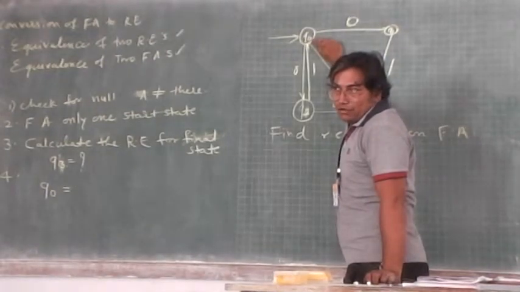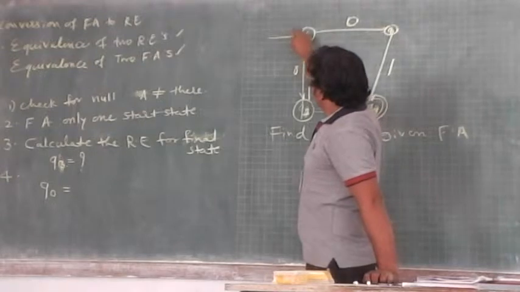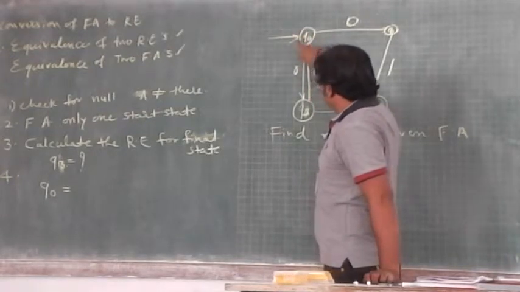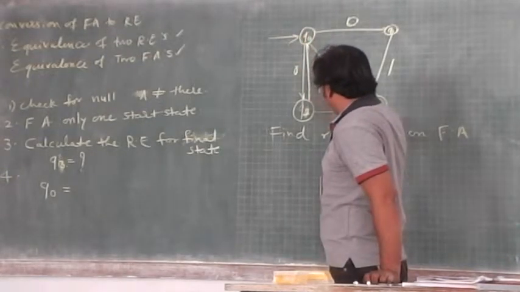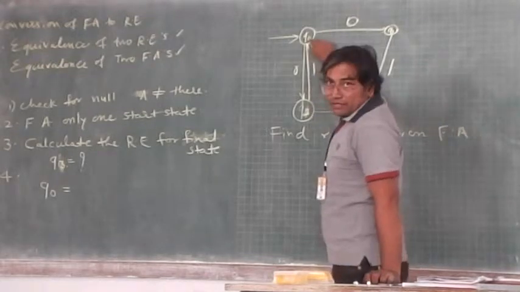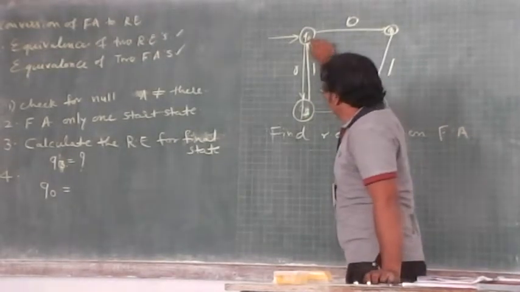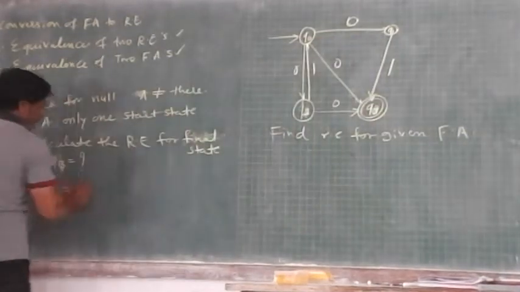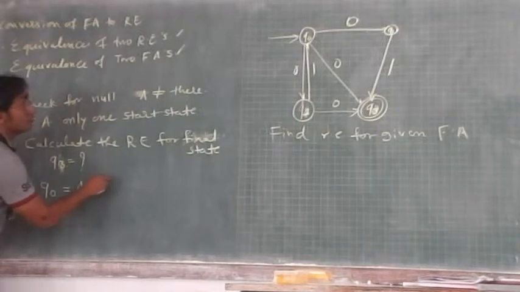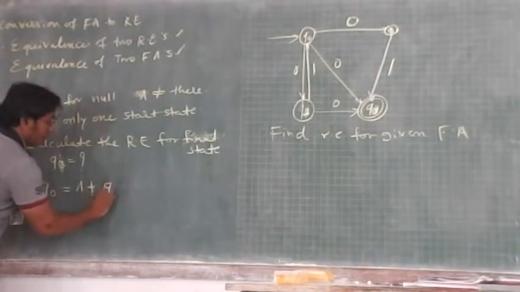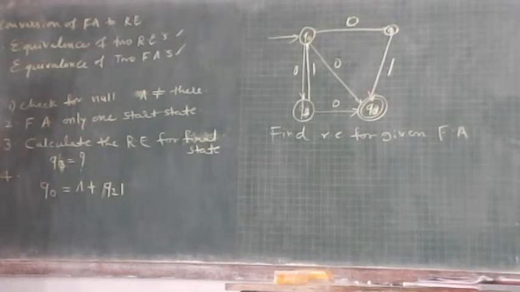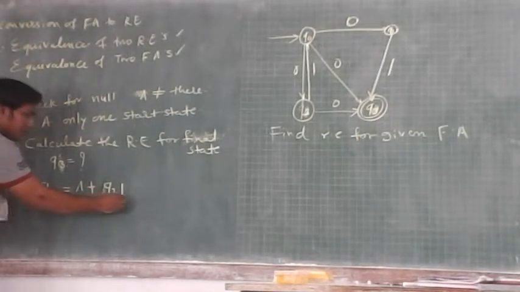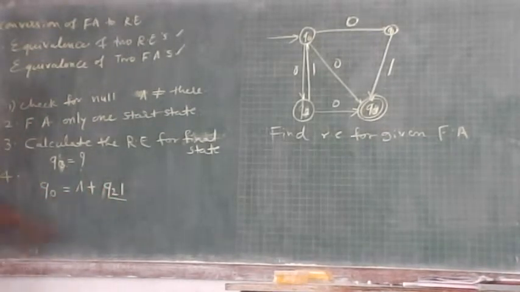What are these? This is the start itself, this is null, and this is from Q2 with input 1. There is an incoming transition. Is there any more? No more. So I can write null plus Q2 1. First the state, then the inputs involved. See, this order should be maintained: first the state and then the inputs involved. Similarly, go for the next state Q1.